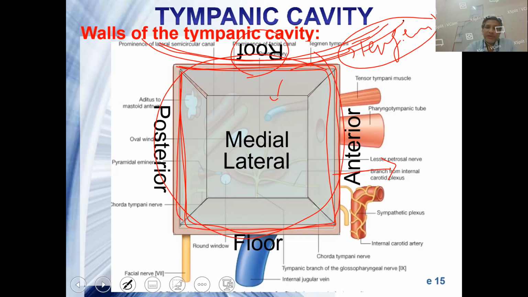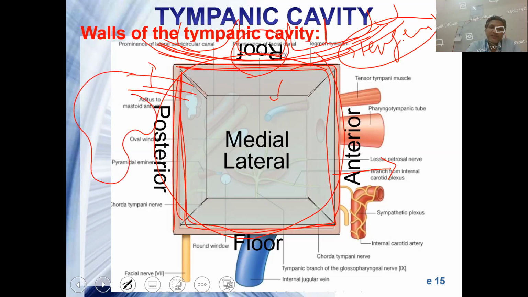Brain cavity. You have got a dura, arachnoid, and pia, and the proper gray matter and white matter underneath it. This is the posterior part. The posterior part leads through an opening called the aditus to a much larger cavity called the mastoid antrum, and inferiorly will be this venous structure called the jugular bulb. Jugular word means neck.